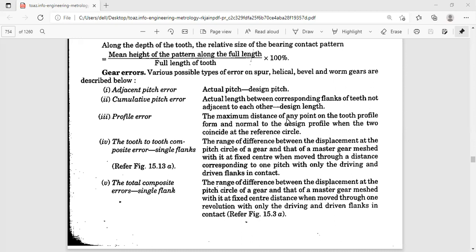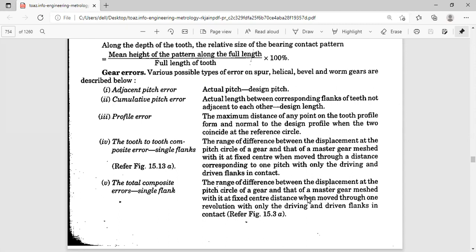The range of difference. So total composite error is for the value greater than the tooth-to-tooth composite error. So the range of difference between the displacement at the pitch circle of a gear, and here also same, but here you have to mesh the gear with a fixed center distance. So you have to set the gear in mesh with the master gear.